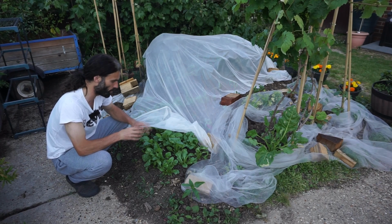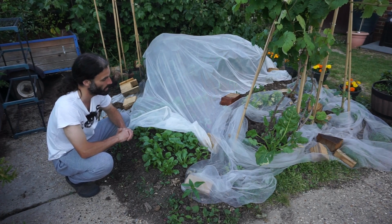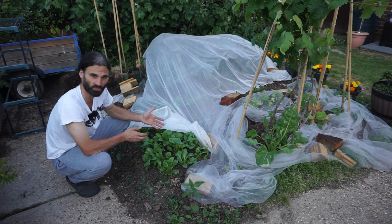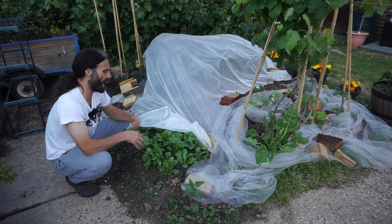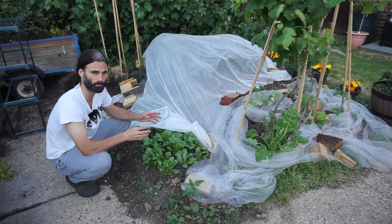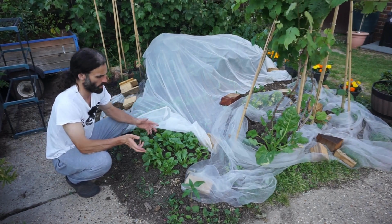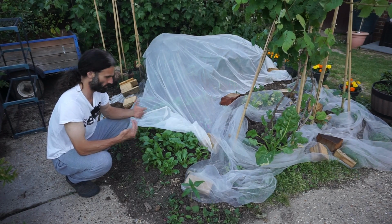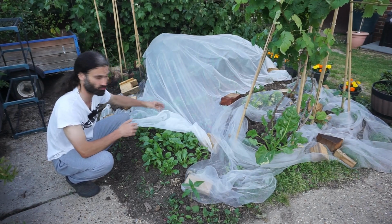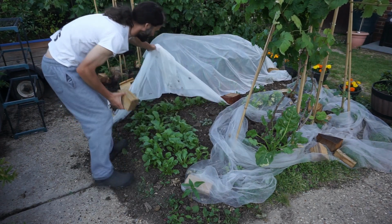As long as it doesn't get too cold, this should stand and survive the winter that will be here before we know it. So I'll get a crop from these probably in about 3 weeks, a month or so, something like that. I could of course start picking them now, but I want them to get a bit bigger. What I'll do is stop picking them around late summer, let it grow again in the autumn, which I can then take off leaves throughout the winter as the winter progresses, and then in the spring when it warms up, it will grow again and put out another crop I can pick. So you really can get lots of crops from one sowing of perpetual spinach, which is really nice. And under here I've got